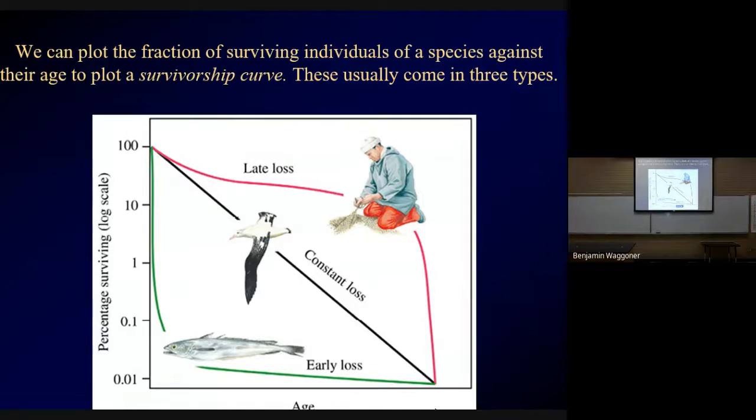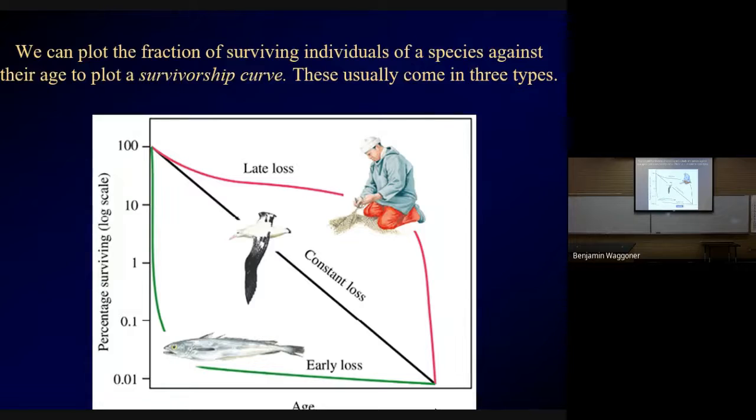So when we look at things that go on in populations, a bunch of organisms in one species that live and die, as all living things must, we can take a look at when they're doing it and how many of them are doing it. And what you're looking at here is a plot of the fraction of surviving individuals of the species against its age. So for example, the top curve labeled with a human is labeled late loss,